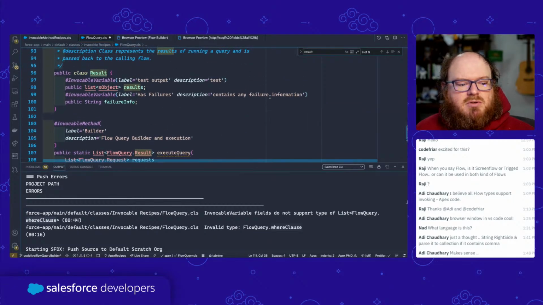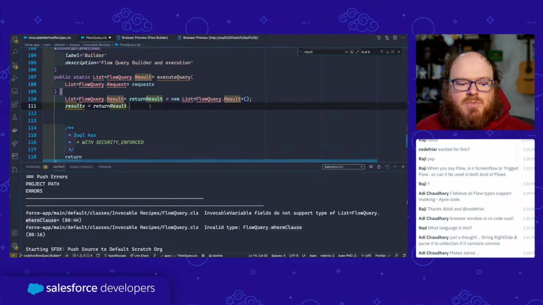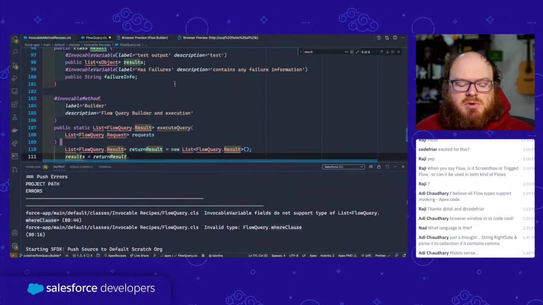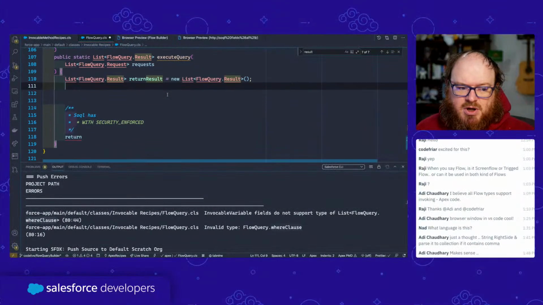Output. Is that what I called it? No, it's results. Yeah, results. We're not going to do that yet. I lied. Okay, so now we need to build our query. And our query is going to say